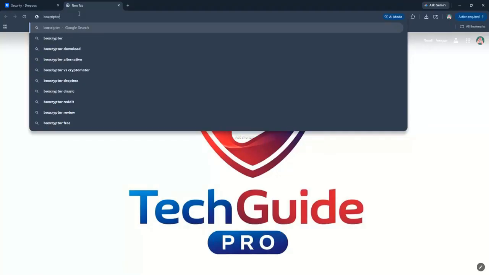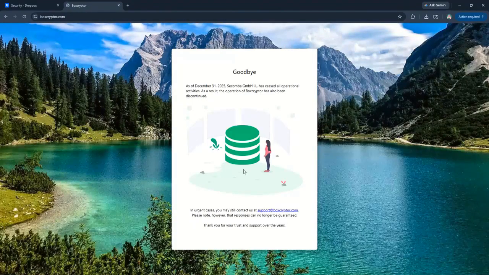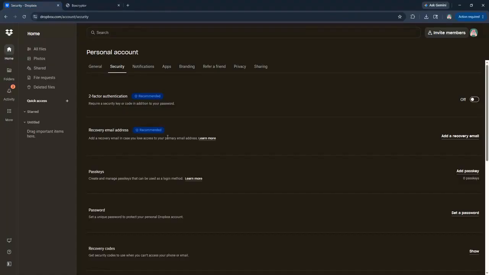After setting up Boxcryptor, it will create a virtual drive on your computer. Move or copy the files you want to encrypt into this drive. Boxcryptor will automatically handle the encryption process before uploading the files to Dropbox. This way, your files are protected with an extra layer of encryption, ensuring only you and those you authorize can